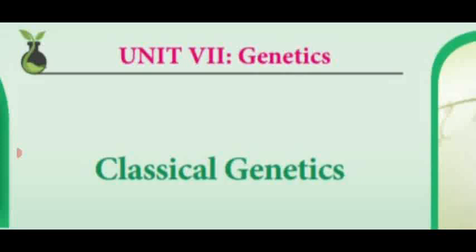So gene interaction means a single phenotype, the morphological or external character, is controlled by two or more genes. Not only one gene, but two or more sets of genes which contain a pair of alleles or more alleles. This phenomenon is called gene interaction. It is a very important 2-mark question.